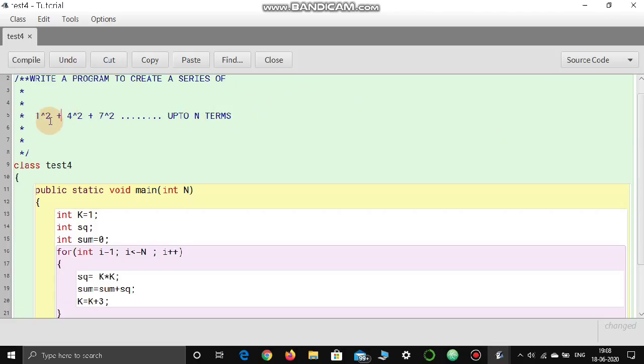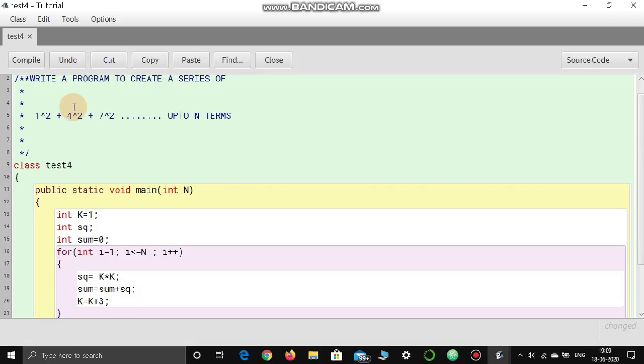That means basically what we are going to do in this series is that the first term 1 will be squared, means 1 into 1 will be calculated, that is 1, plus in the second position we will increment the counter, means the value 1 will be incremented by 3. 1 plus 3 is equal to 4 here.